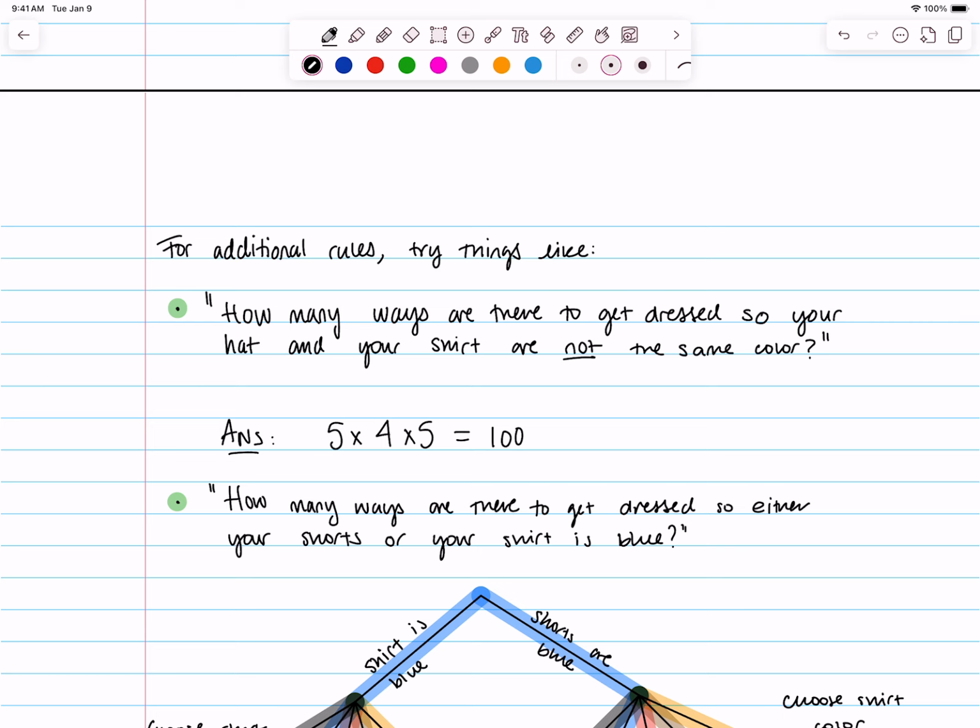Okay, so that one was okay. But there's a second one that I came up with. How many ways are there to get dressed so either your shorts or your shirt is blue? So maybe you really like blue, and you want it to be one of your big garments, right? So how many ways are there to do that with this setup? Well, this one's a lot trickier. And I think that the best way to do this one is with a tree diagram,